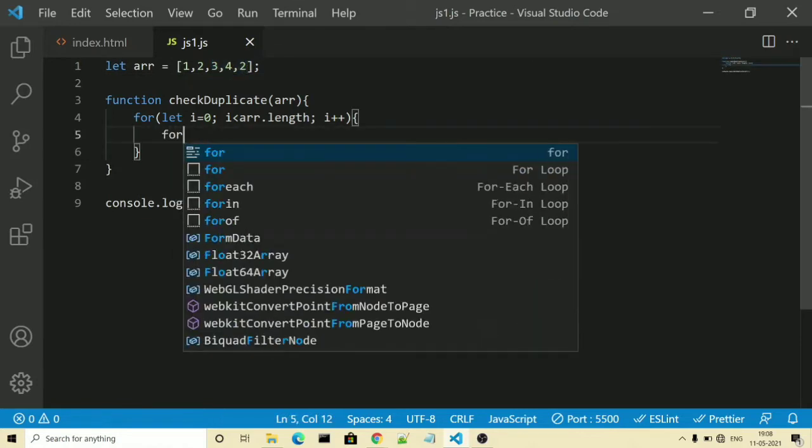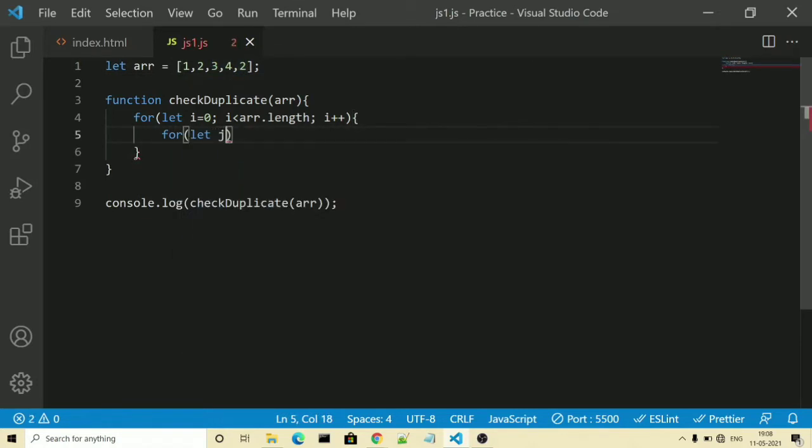For that, we need another for loop, and that for loop will start from i plus 1, and the end will be the same as the ith loop, arr.length, and then j plus plus.